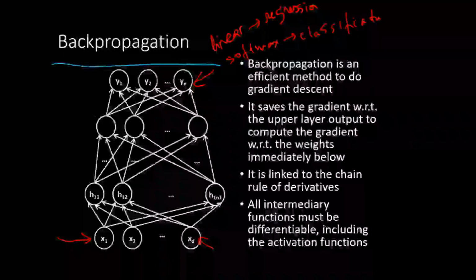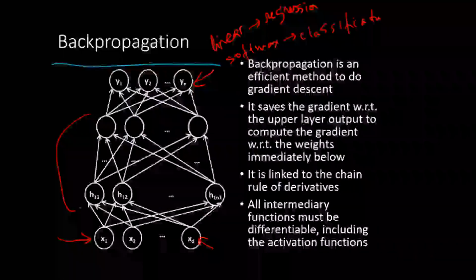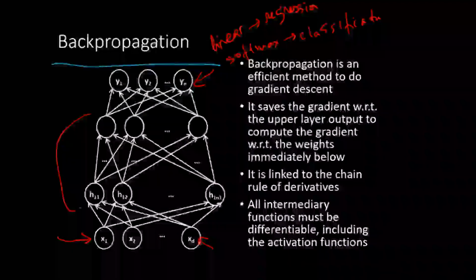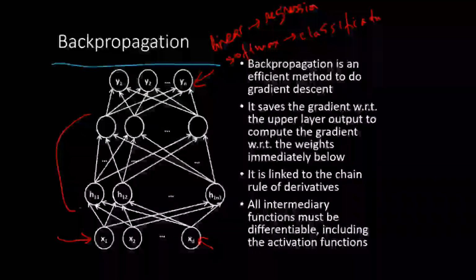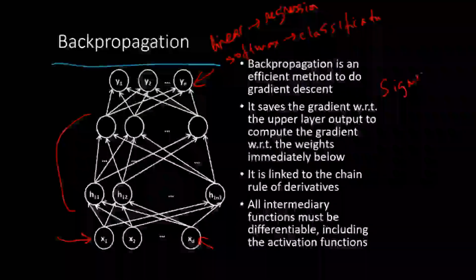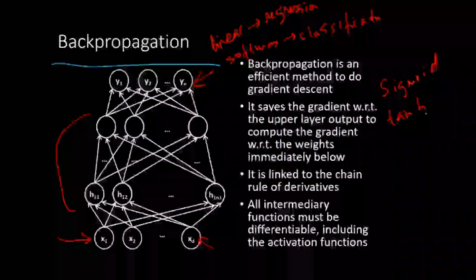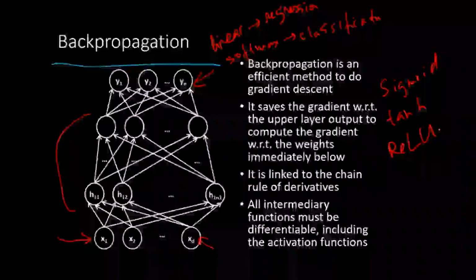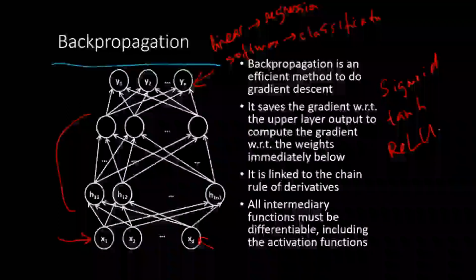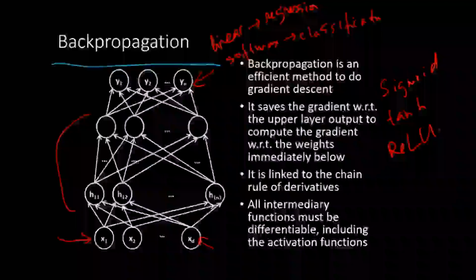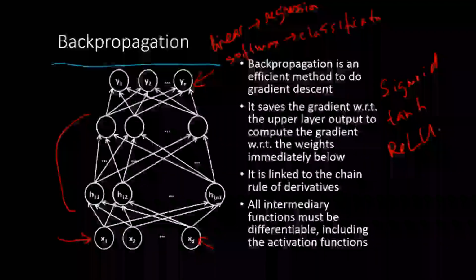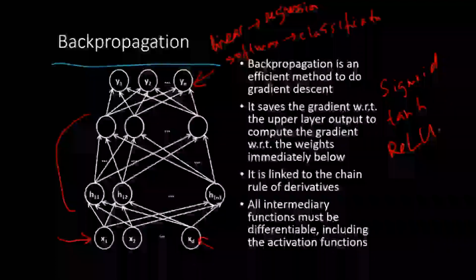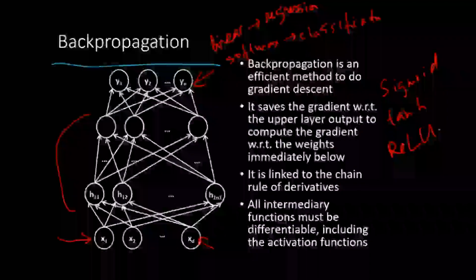And then all the other hidden layers that you have. Your input layer has no activation function, it's just passing the inputs. But for hidden layers you have a choice of different activation functions. Popular choices are sigmoid and tanh, and the third one is the rectified linear unit. Rectified linear unit is currently the choice that seems to have better properties in terms of training neural networks and getting higher accuracies. But you cannot apply ReLU blindly to the output layer. There you have to see what kind of problem you're solving.